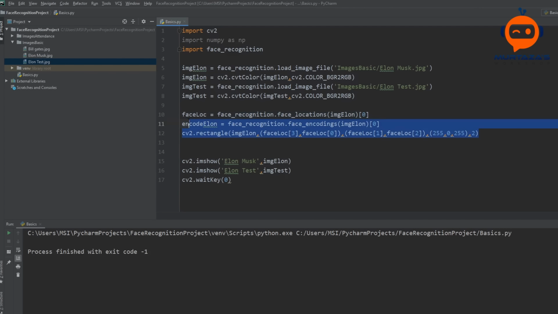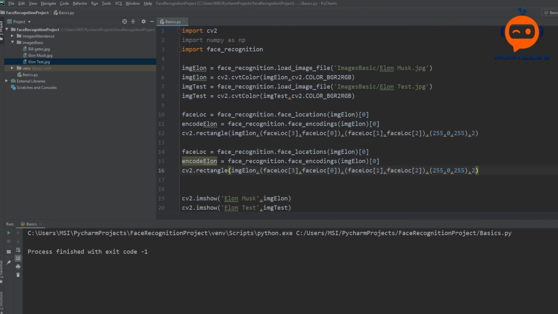The same thing we can do for our second image, which is the test image. Now in this example, we do not need the face location. All we need are the encodings. The face location we are just doing so that we can see where the face is located and whether it's located properly or not.